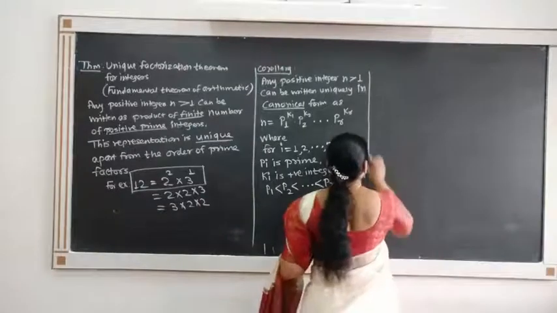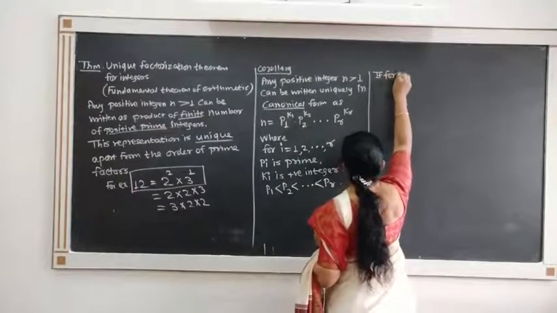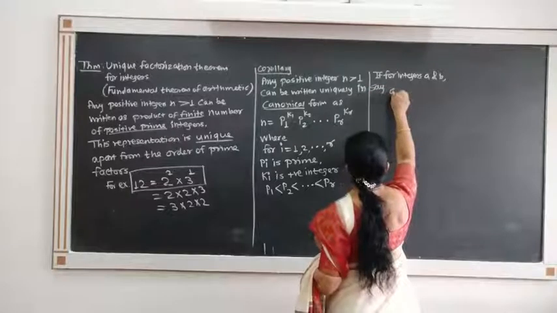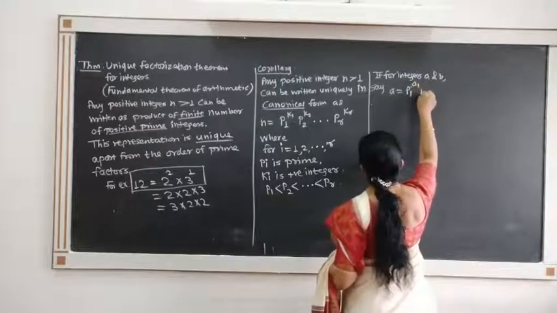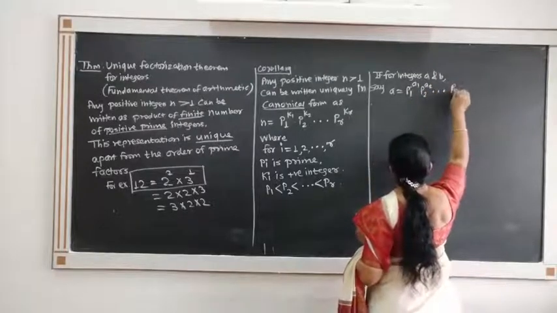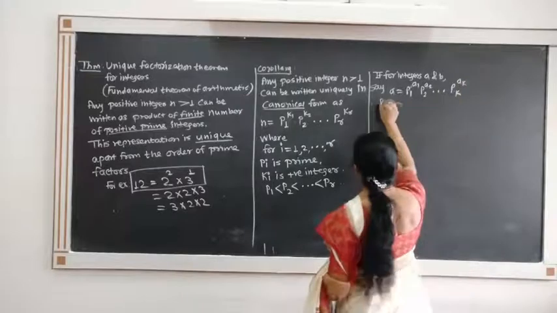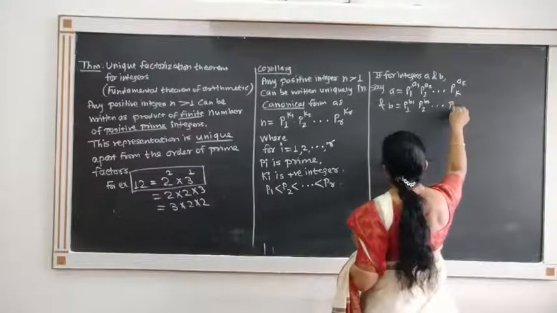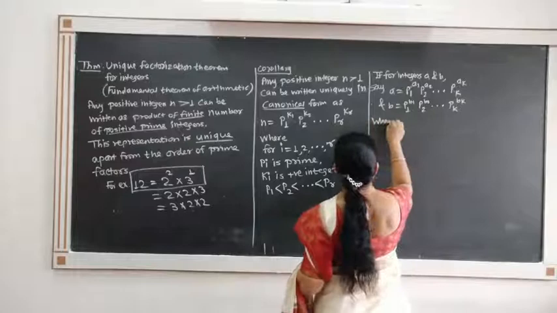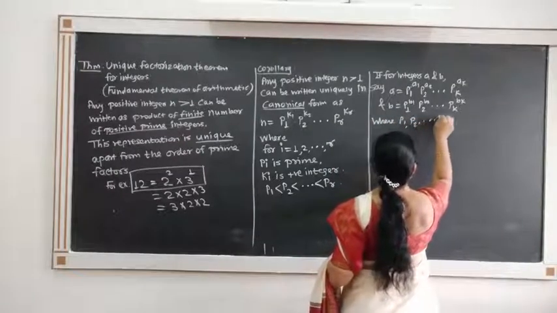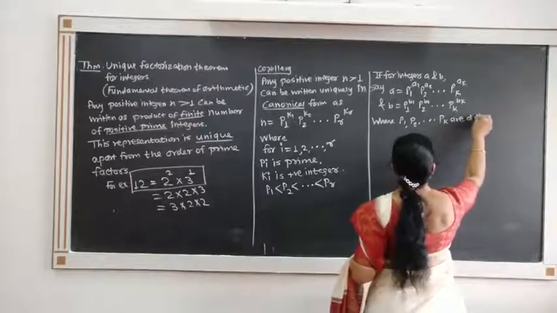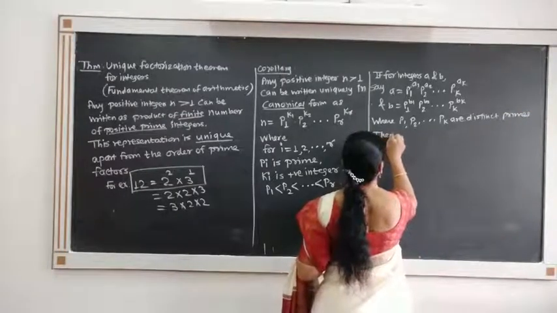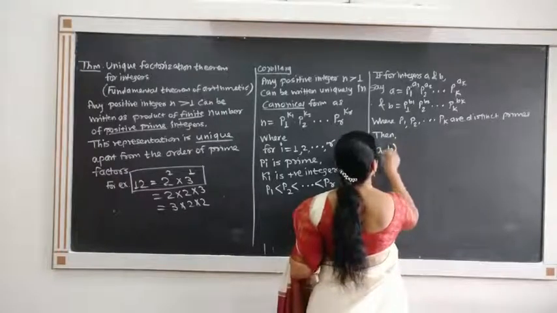If for integers a and b, say a is equal to p1 raised to a1, p2 raised to a2, etc., pk raised to ak, and b is equal to p1 raised to b1, p2 raised to b2, etc., pk raised to bk, where p1, p2, pk all are distinct primes, then the GCD of a and b